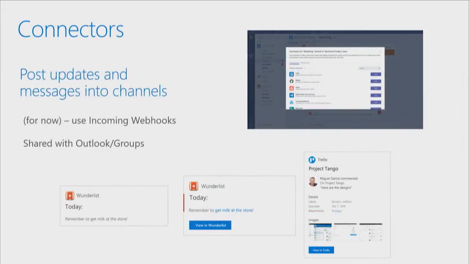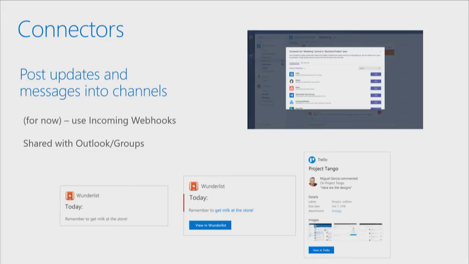Another extension point is this concept of connectors. Connectors is a way, as I mentioned, to push more information into your team conversations. There's a number of different card styles and details that you can add in there to really provide the right information at the right time about what's going on. So for example, there's a Trello card here where as people update information about their tasks, you can see what it would look like inside of your team where the conversation is happening. And of course, have a link back to the actual Trello details